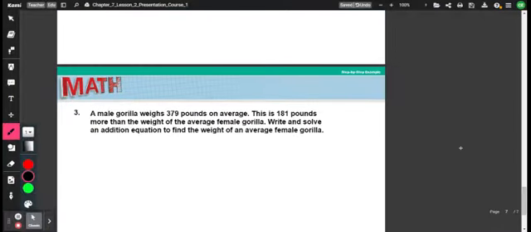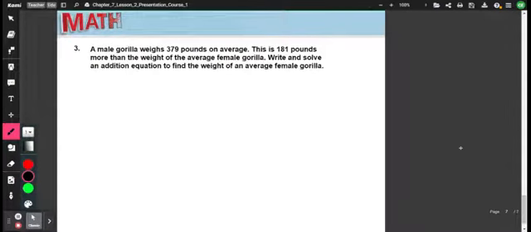Last example we have is on page 528. It says a male gorilla weighs 379 pounds on average. This is 181 pounds more weight than a female gorilla. Write and solve an addition equation to find the weight of an average female gorilla. So since we want to find how much the difference is,